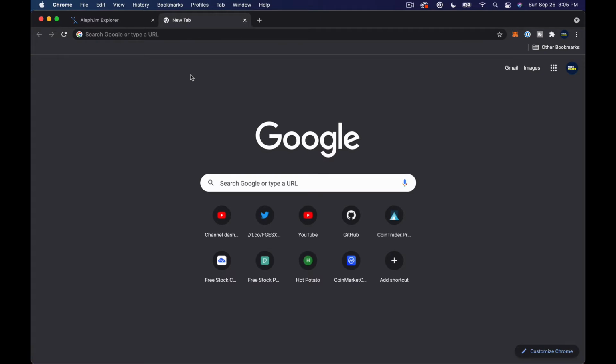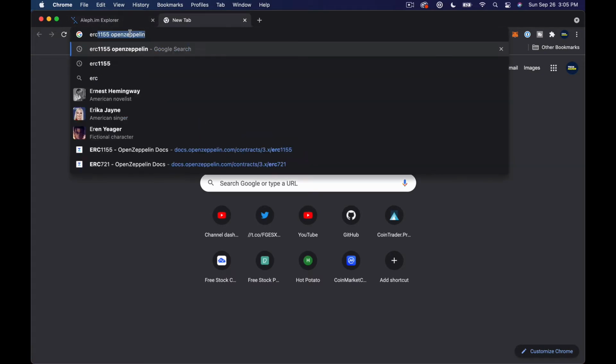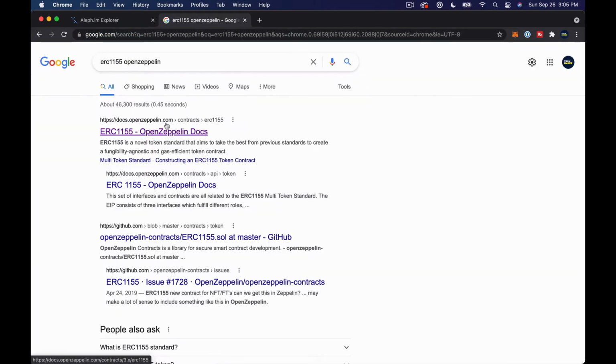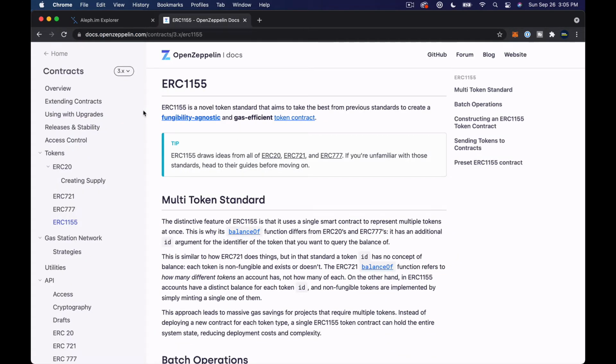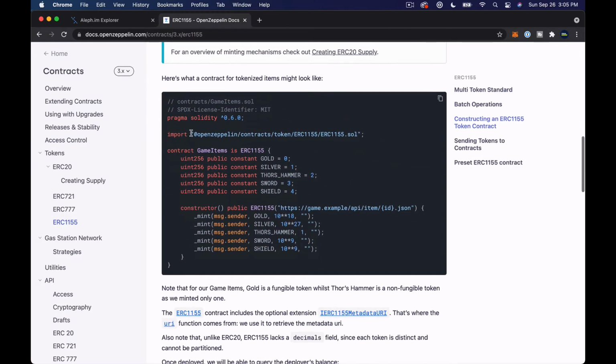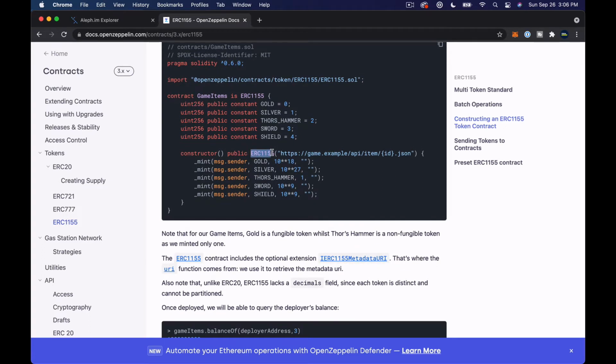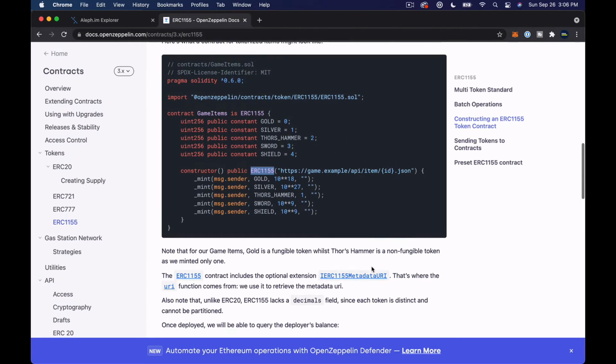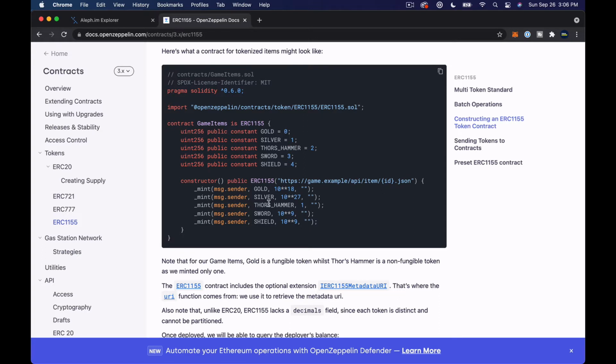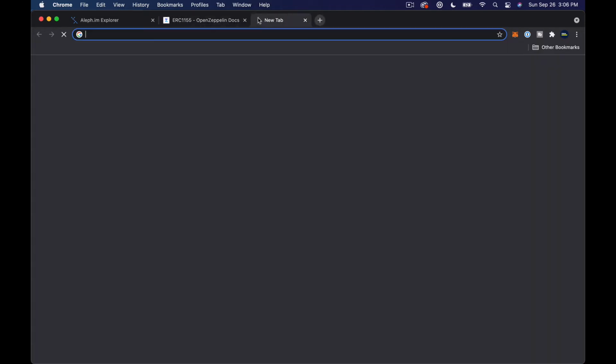So let's pull up an ERC 1155 OpenZeppelin example here. This is kind of what our smart contract looks like for our NFTs. And if you're really into Solidity, you'll know that ERC 1155 is not exactly an NFT contract. It's sort of fungibility agnostic, but that's for another video. So you have ERC 1155, you have ERC 721. Both of these are NFT contracts, and they both have different variations on this URL where you specify where your metadata lives. So if we go to OpenSea,